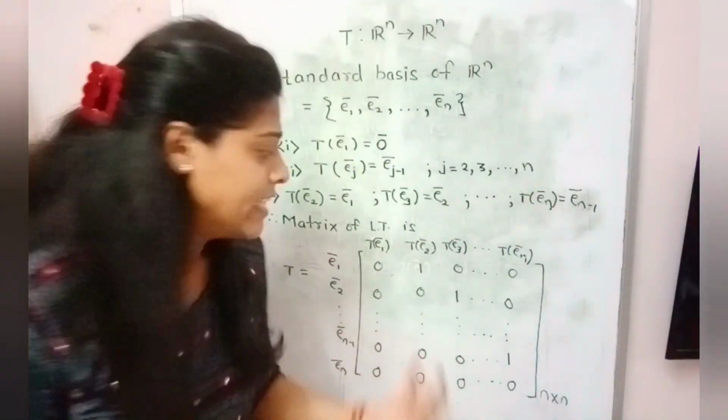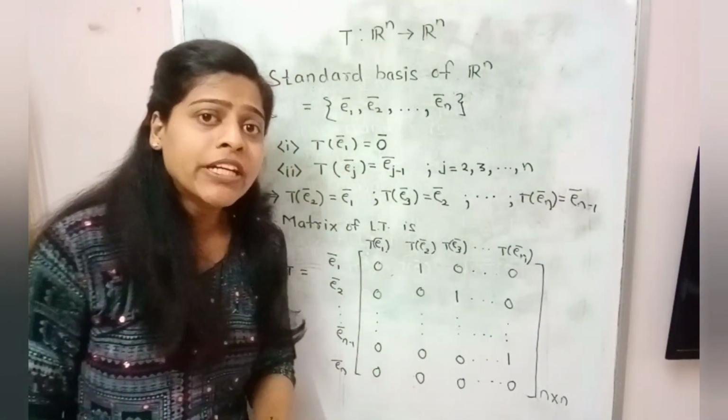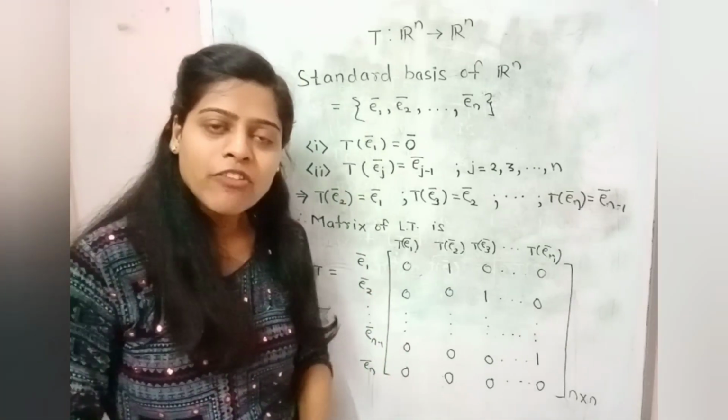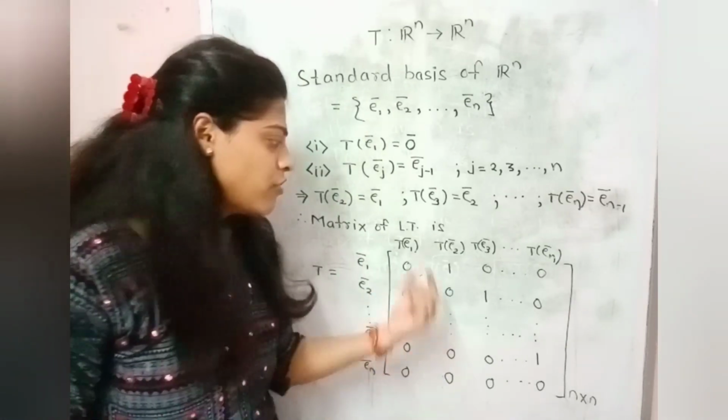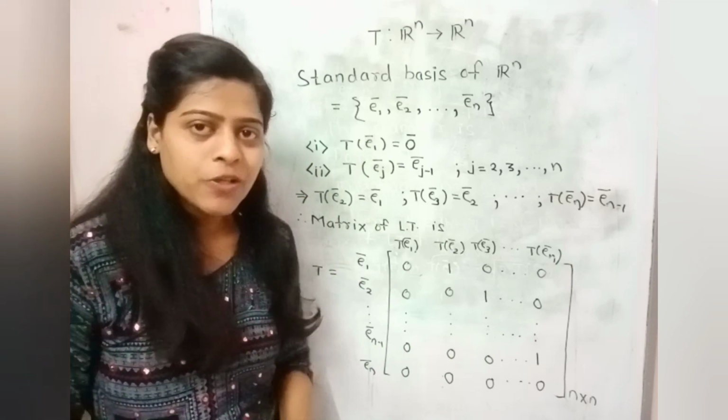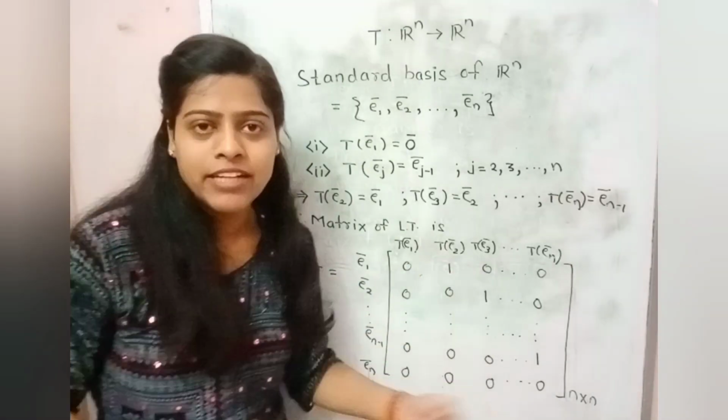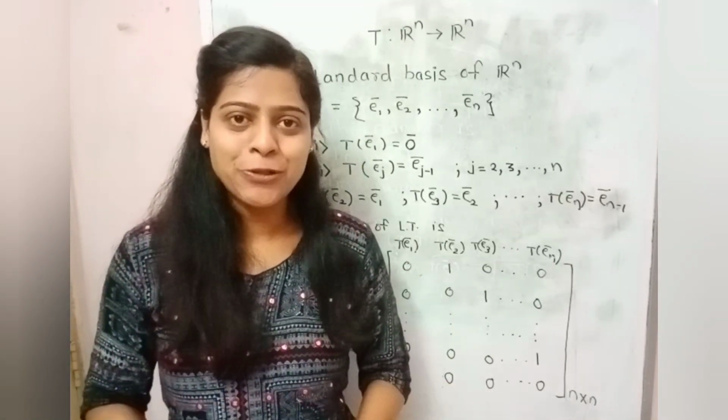As we can see, T is an upper triangular matrix, and when we try to find its eigenvalues, we already know that all the eigenvalues of an upper triangular matrix are 0. Therefore T is a nilpotent matrix. Therefore our option number 4 is true.